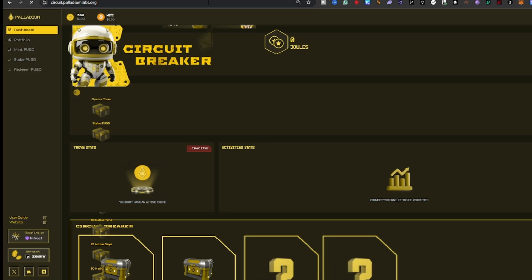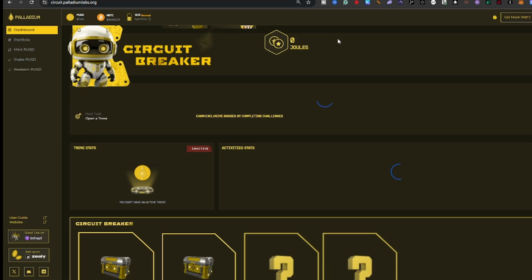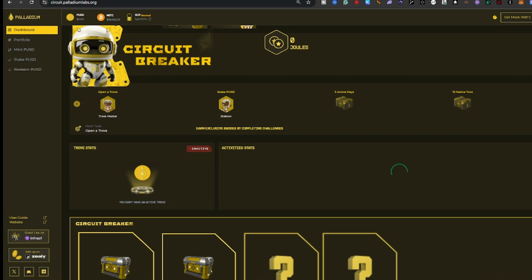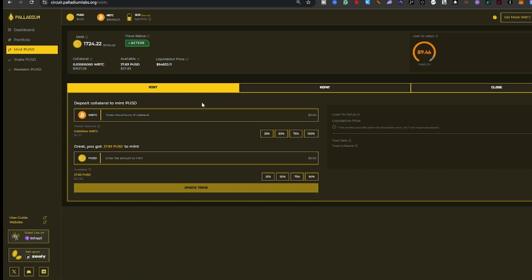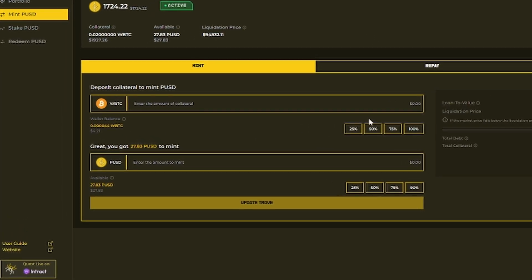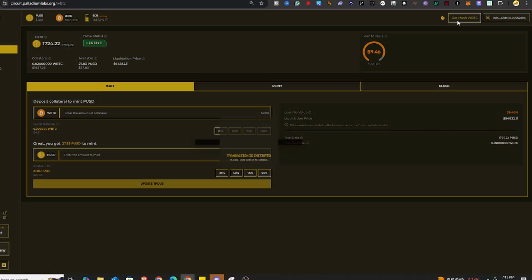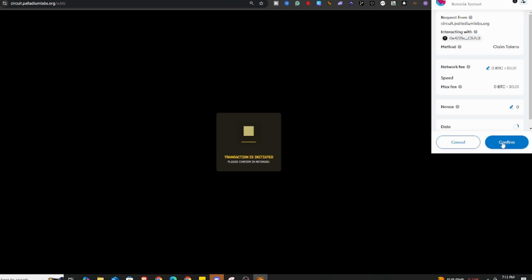Our next dApp is called circuitpalladium.org. So again, we need to connect our wallet, and then first we need to mint PUSDT. So for example, if you don't have enough testnet coin, you just click this get MockWBTC and then confirm.